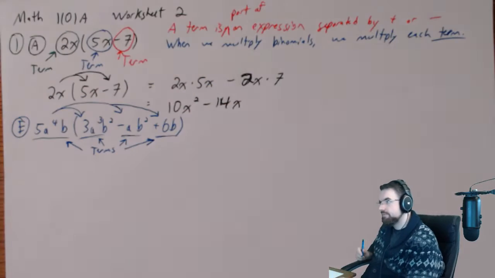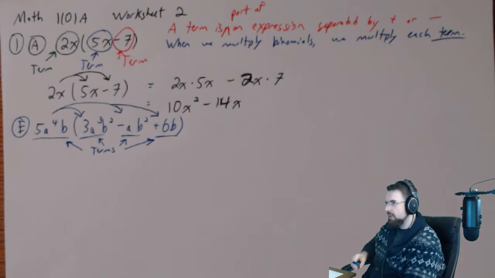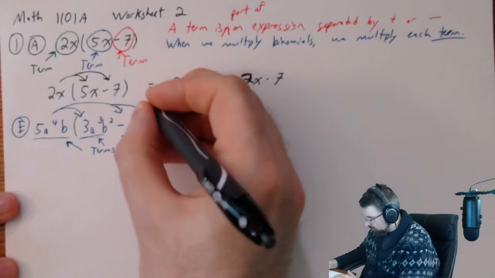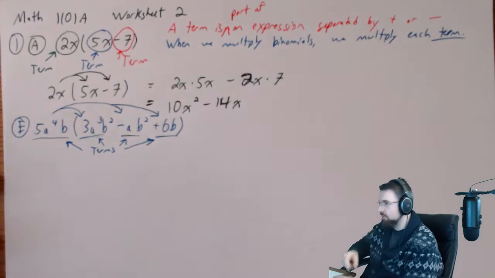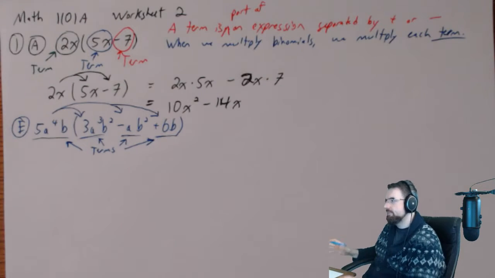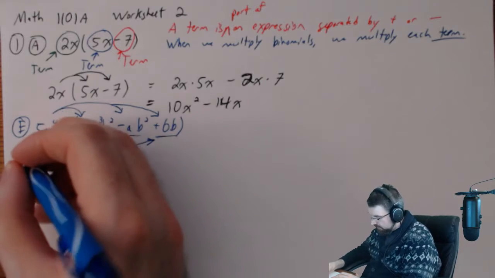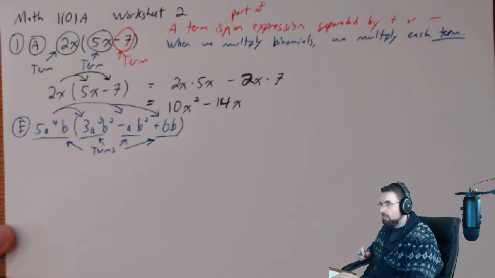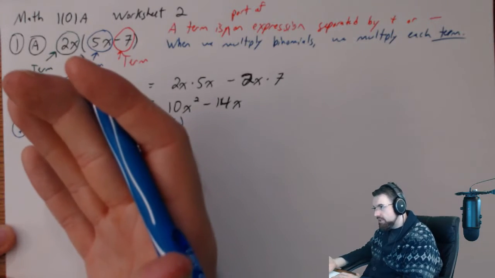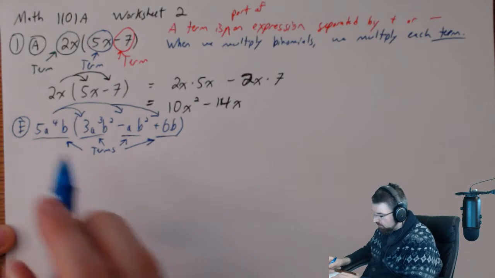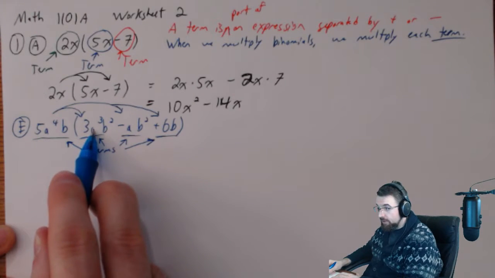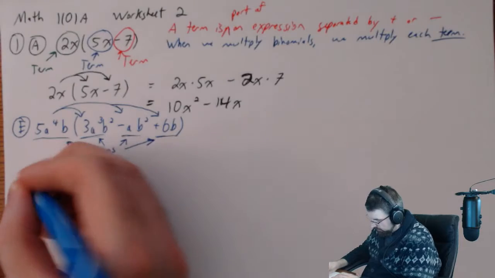I might have written it a little bit too close to the previous example. But anyway, hopefully it's easy to see which one goes along with which. So this next step is going to look rather large, but this is sort of the intermediary. What we're doing is we're taking this term outside and multiplying it by each of the ones inside. So I'm going to call this